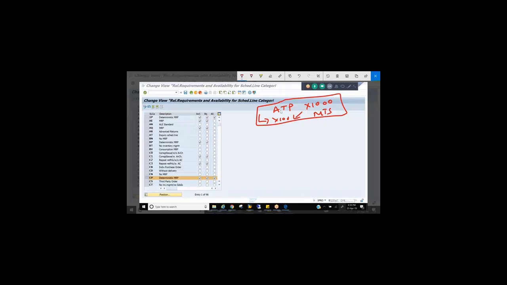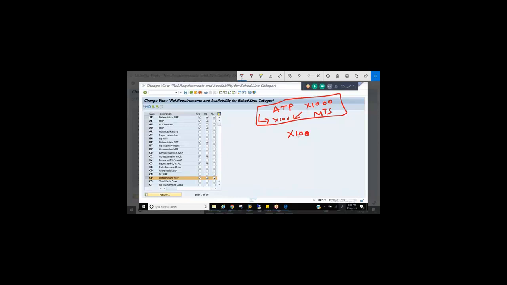Product allocation is applicable for production critical materials. That means your plant capacity is such that you can manufacture only X material, 100 quantity per day. It applies either to production critical materials or newly launched products. When a car manufacturing company launches a new car, it will have a limited production capacity, right? Because they need to start production. So what they do, 6 months before itself, they start taking the bookings and they start manufacturing, right? So whenever you're launching a new product or production critical materials, you need to cater to all your customers. If some customer comes and says I have lots of money, I'll buy every material, no, you cannot do that, because you need to take care of every customer.